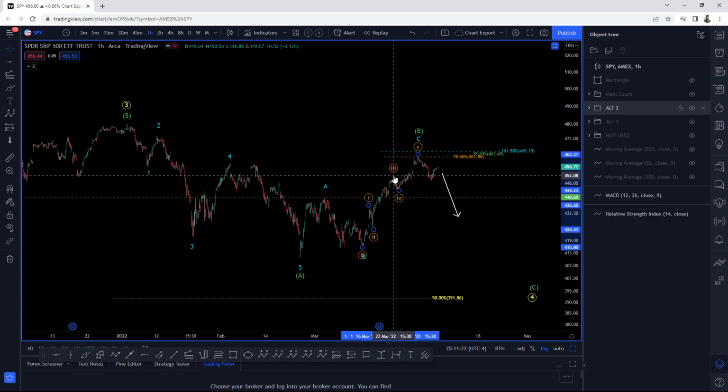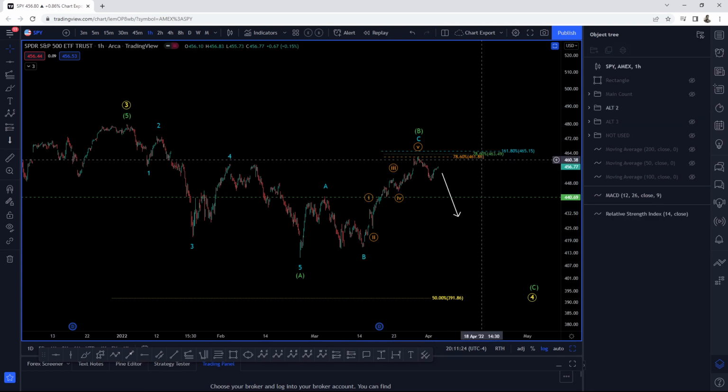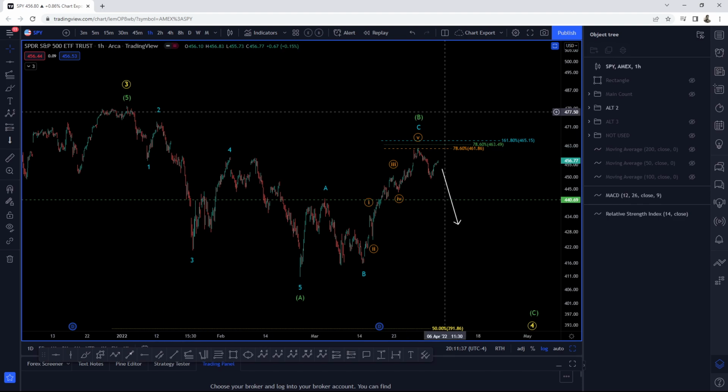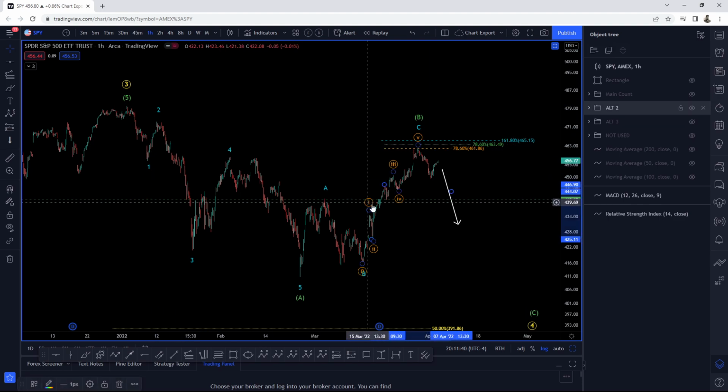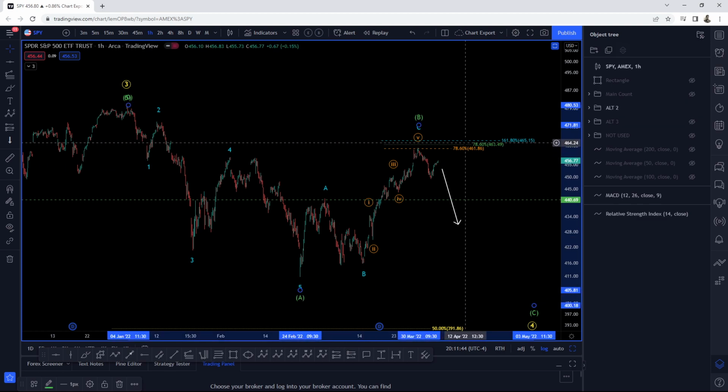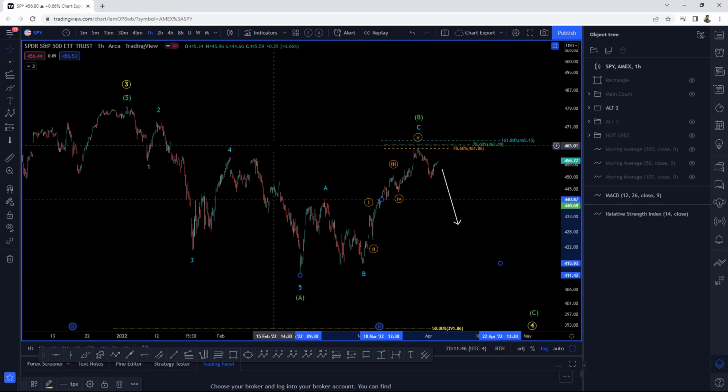We're looking for the wave C, which came into a rejection, a resistance zone at the 786, 463, 786, 461, and 1618 or 465. Now, 3 levels of trend resistance. What do I mean by that? We have the orange count, which is this lesser degree. We have the green count, which is the intermediate degree, and then we have the blue count, which is the minor degree. 3 levels of trend, 3 degrees in wave counts. So that's pretty strong.